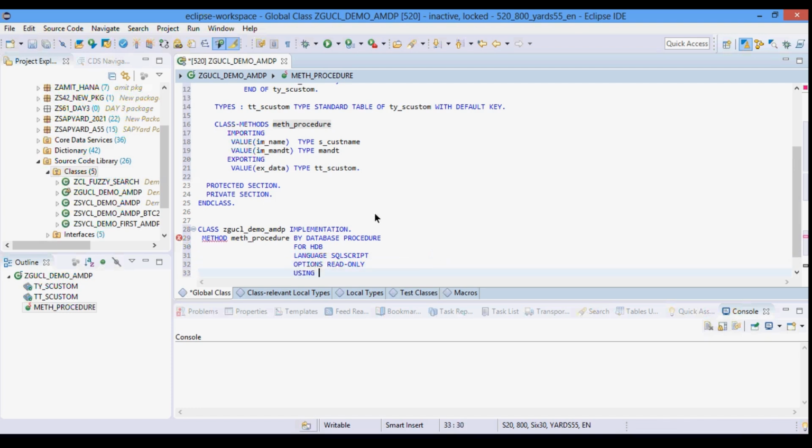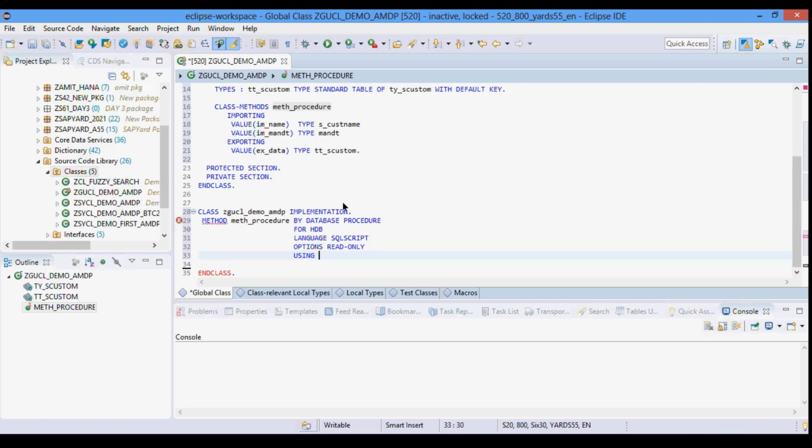Now there is one more addition which is known as using. So if you are using any particular tables, any particular views, or existing database procedures within this particular method body, then you need to specify all those things.